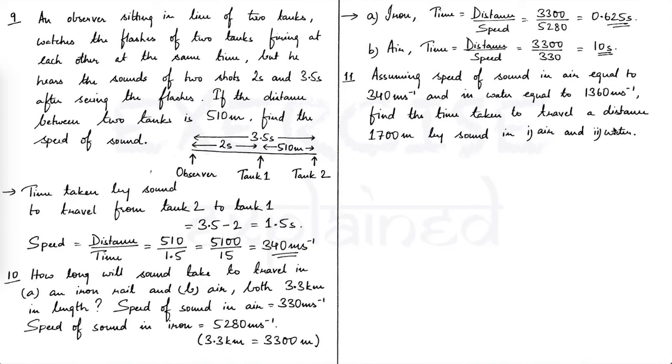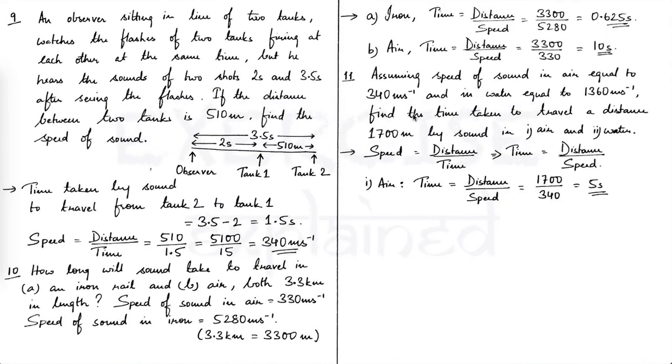So it is very similar to the previous question. Again, distance is given, speed is given. So time we need to find. So time will be equal to distance by speed. So here for the case of air, that is the first part of the question, time is equal to distance by speed. Distance remains the same, that is 1700, and speed of sound in air is 340. So 1700 divided by 340 gives me 5 seconds. So it takes 5 seconds for the sound to travel in air for a distance of